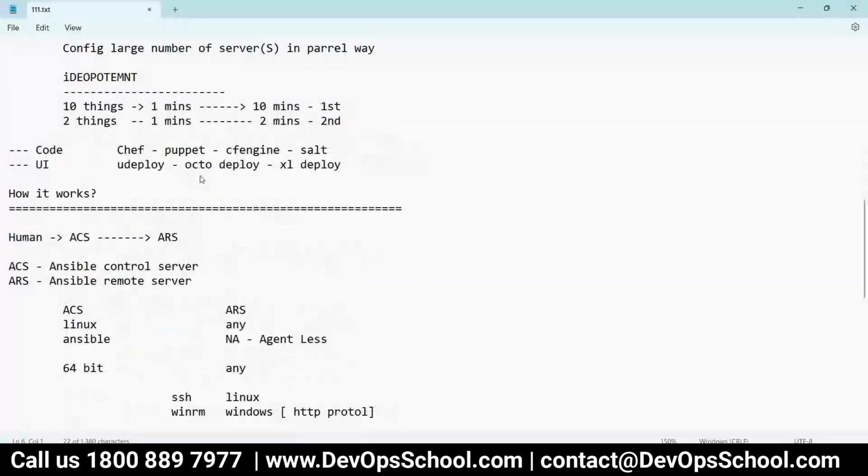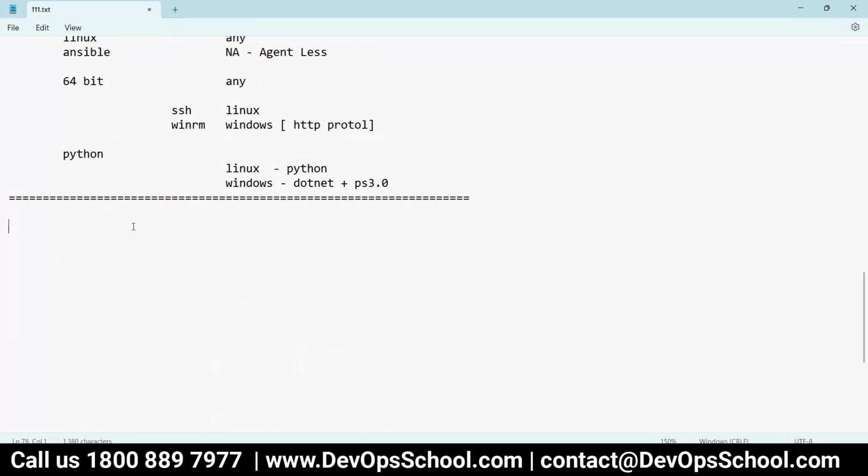Okay, so when I install Ansible, what do we get? I'll show you that demo in some time. I call it the components of Ansible.